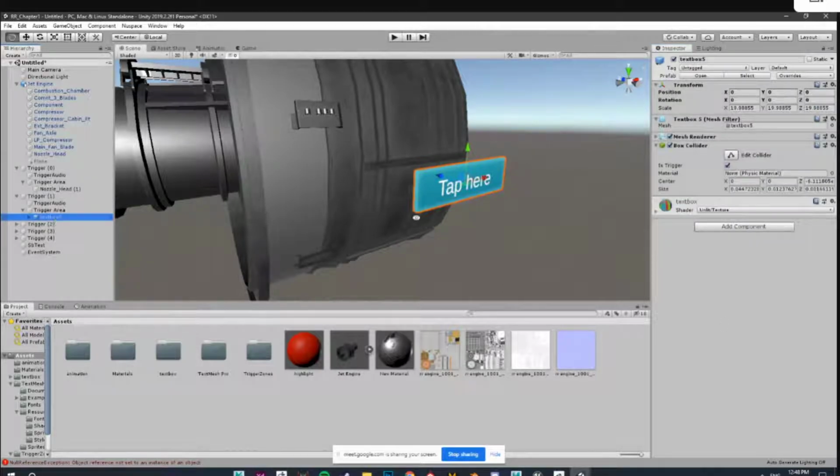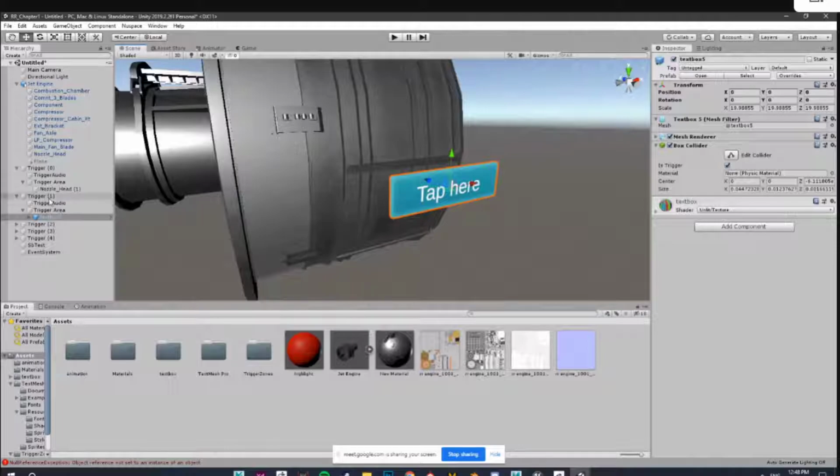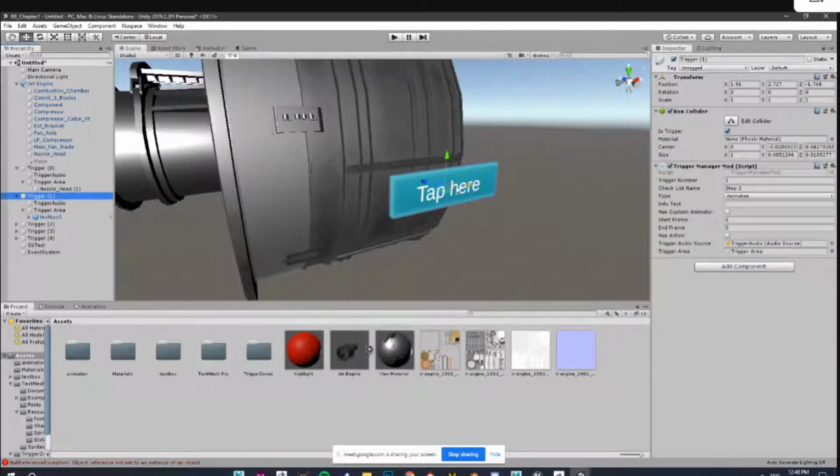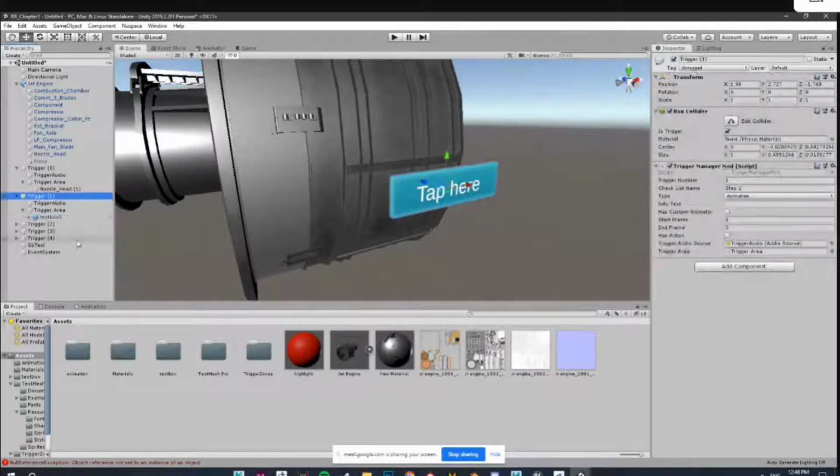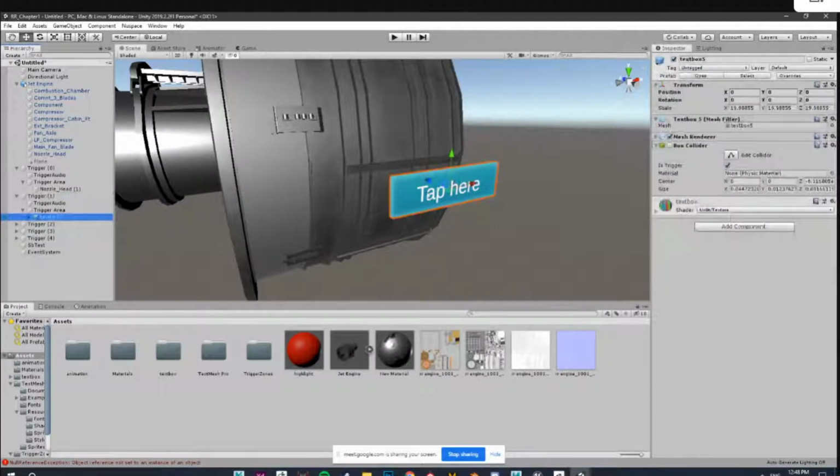So if you are putting the box collider around the tap here, then you can remove the tap here collider, right? Yeah, we can remove this. It is redundant then, right? Yeah. I basically did this because for some people it was confusing. Now we have a text box, so it will always come with a collider, so people don't have to add a box collider here. Got it. Understood. I just wanted to understand the technicalities as well.